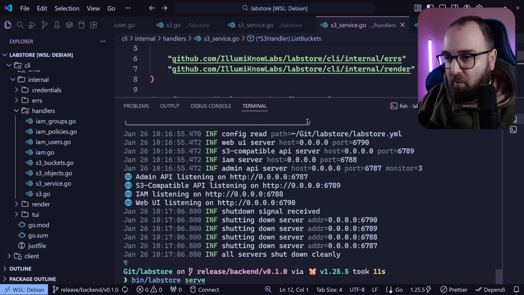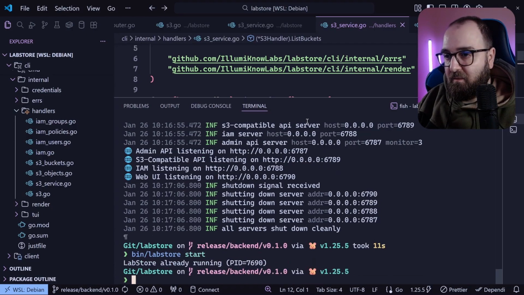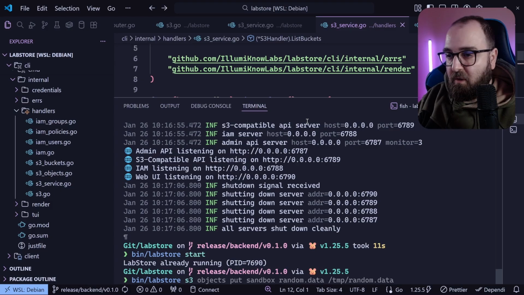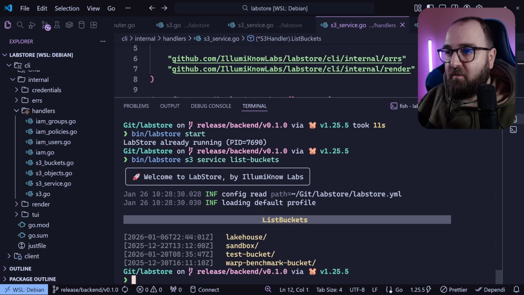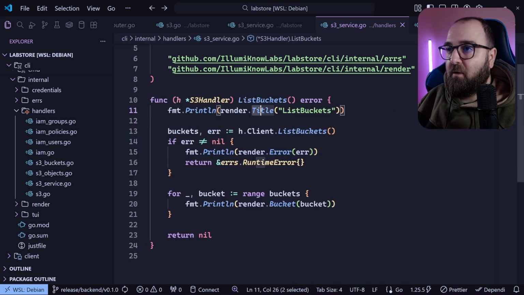So when you run, I'm starting this, and I'm running S3 service list buckets, and as you can see there is a title here, and this is what's happening over here with this render title. And we are also rendering each bucket over here,